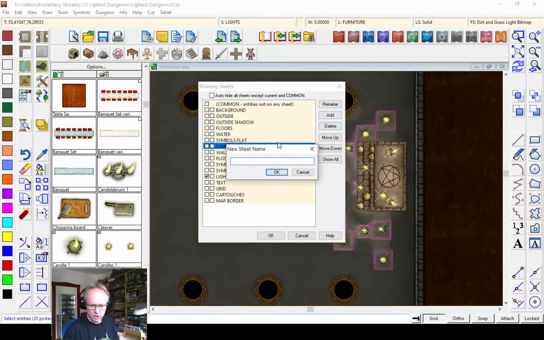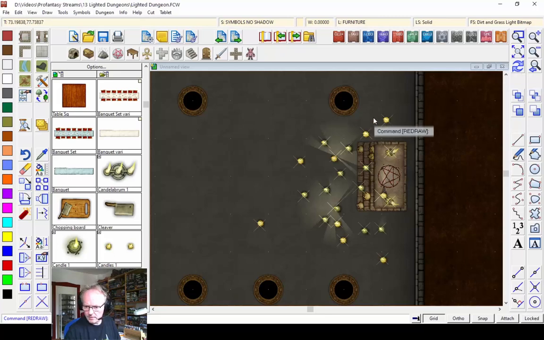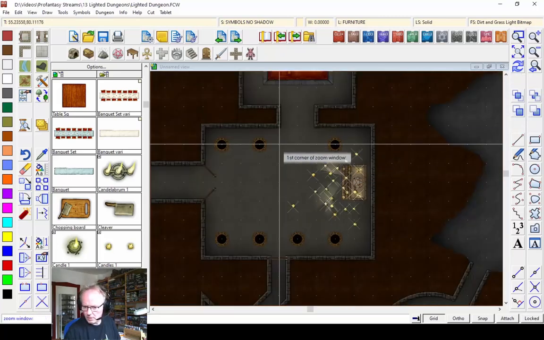We're going to add sheet symbols, no light, no shadow. Go. Move this up just below, above the normal symbol sheet. Go. Okay, and